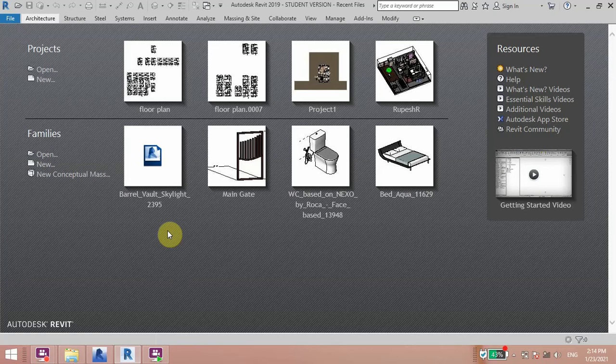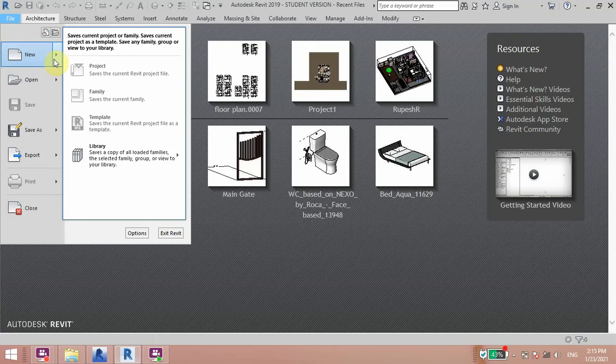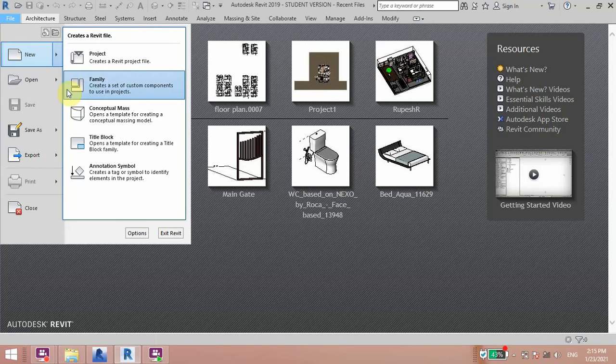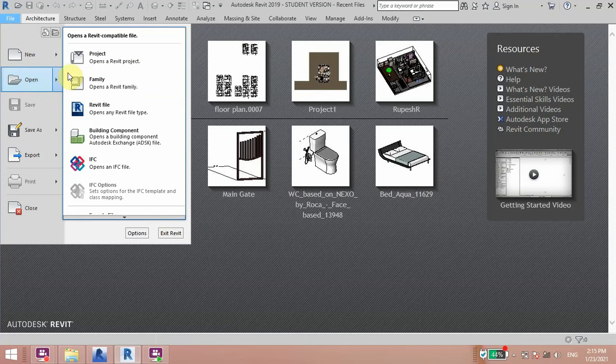Hi, now you are going to learn how to open a project in Revit Architecture and Structure. First, there is a default directory shown as Project Families. When you want to open a project or create a new project, the same options are in the File menu also: New, Open, Project, Family. When you want to open an existing project means a project family.